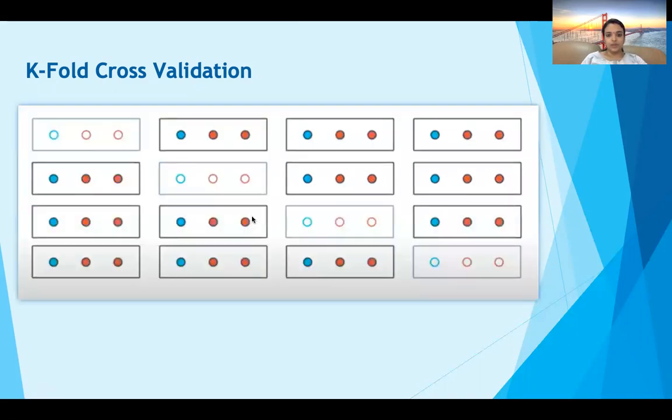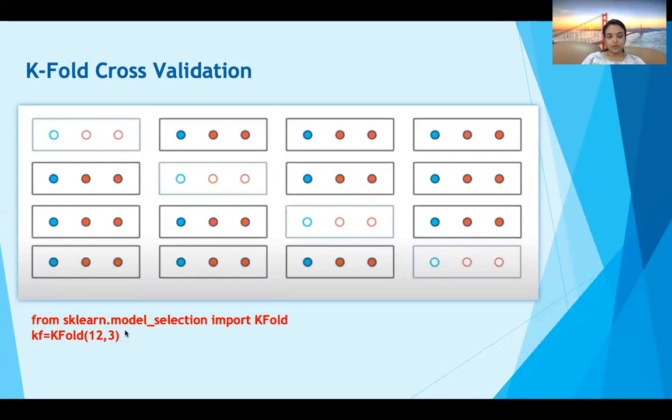Now we will train our model K times, and each time we will use a different bucket as our testing set and the rest as the training set. At the end we will take the average of all of these and get the final model. It is very simple to do this using sklearn in the program, by just creating the K-fold object and passing the parameter as the size of the data and the size of the testing set.